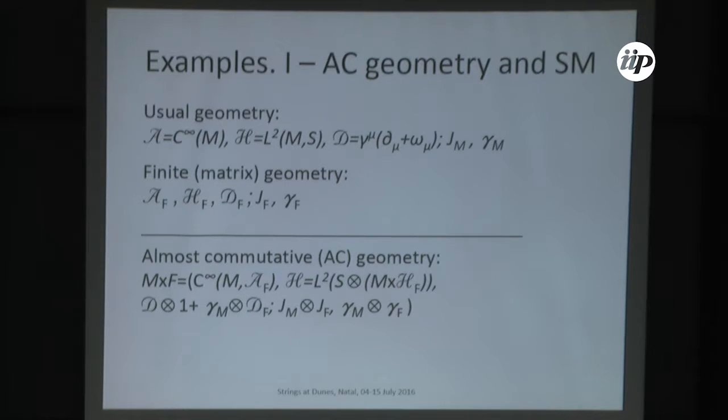The Hilbert space is pretty clear. The Dirac operator is some matrix. You pick some Hermitian matrix and call it the Dirac operator, and so on and so forth. But the interesting thing is the combination, the so-called AC geometry, almost commutative geometry, the combination of these two spectral triples. This is exactly after proving some facts that actually you don't have that much freedom here. If you want to have some consistency, there's some...